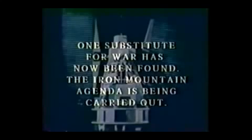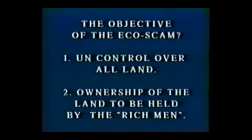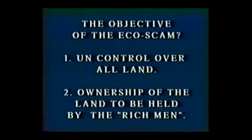One substitute for war has then been found. The Iron Mountain agenda is being carried out. The objectives of the EcoScan? Well, the UN will end up with control over all the land, and ownership of the land will be held